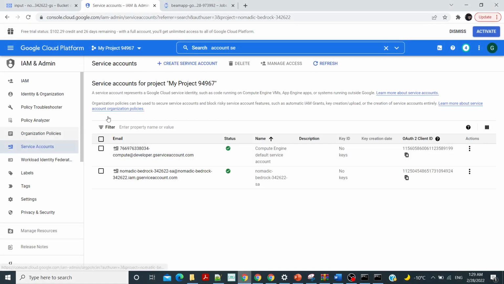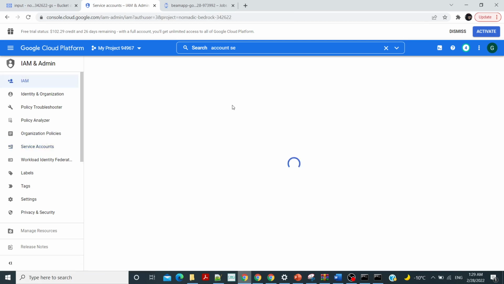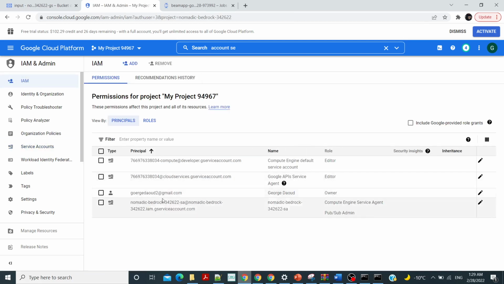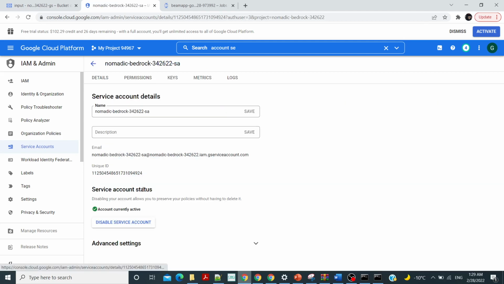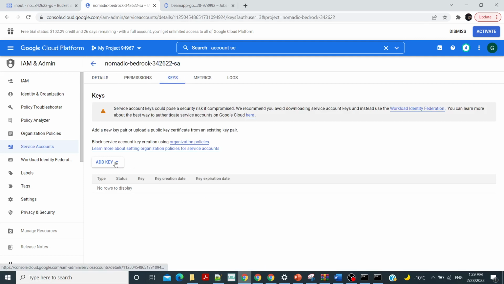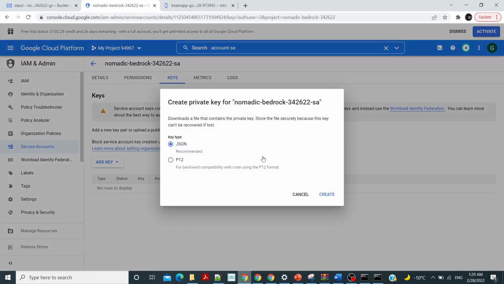Like here, and go to IAM, or maybe service accounts like here, and go to the one that has the same name as the project name and then -sa that we created before, and just choose keys and add key, and create a new key, and we want it in a JSON format